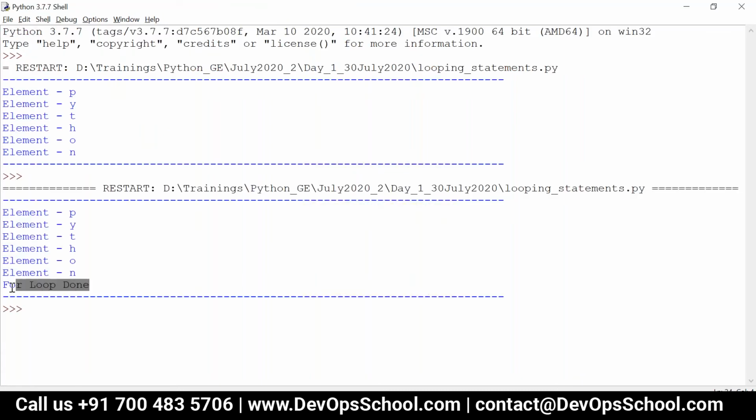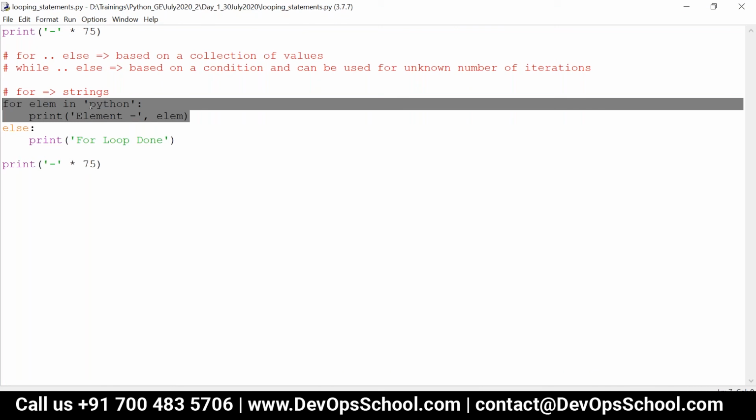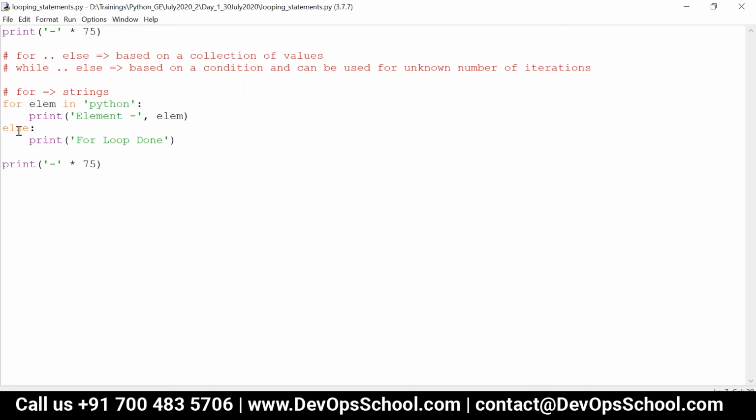Else clause will be executed when you complete the for loop. First it will execute everything, and then once it completes all the iterations, then else clause will be executed.